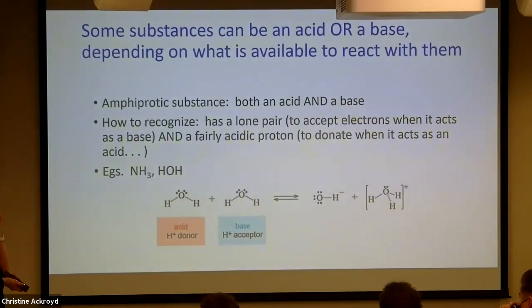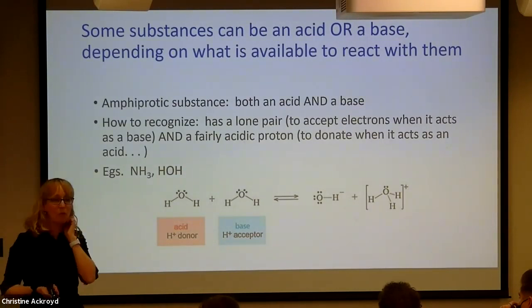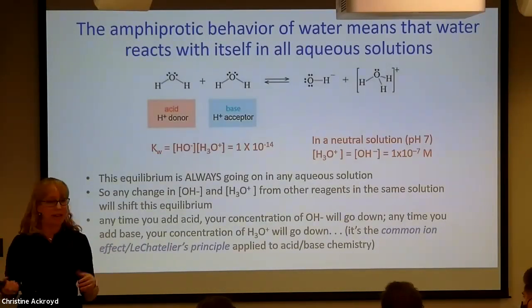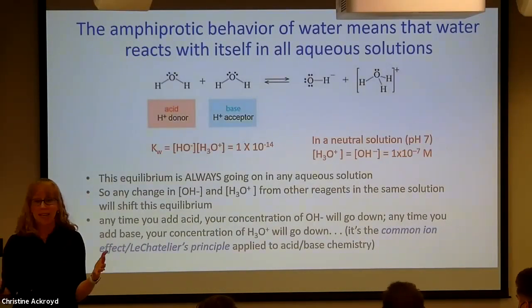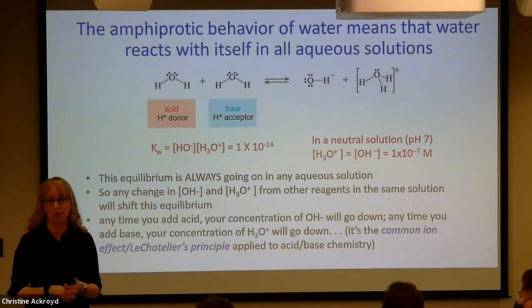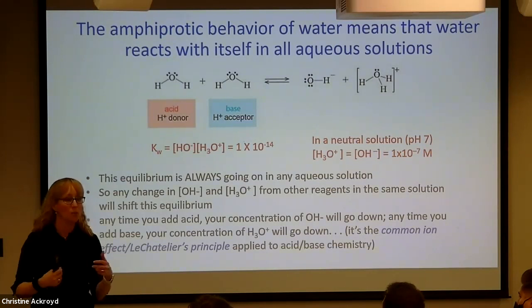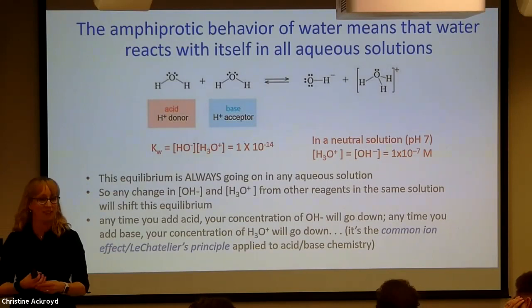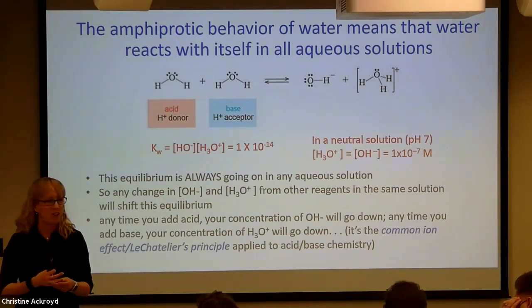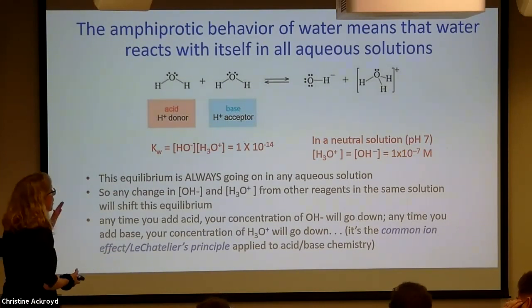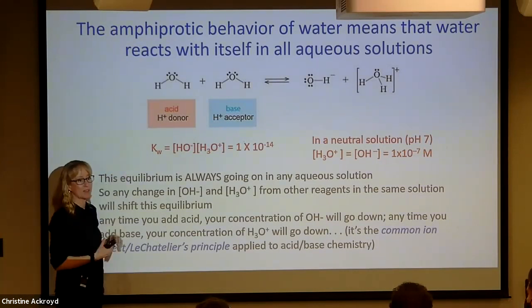Let's see. Okay, keep in mind, we talked about water. Let's go back to this concept that water can be an acid or a base. We know that is because when we add an acid to water, what does the water do? Yeah, it's like a base. But when we add a base to water, what does the water do? It's like an acid. Water doesn't take a very firm stand, does it? Okay, so we have this reaction that's always going on in water.